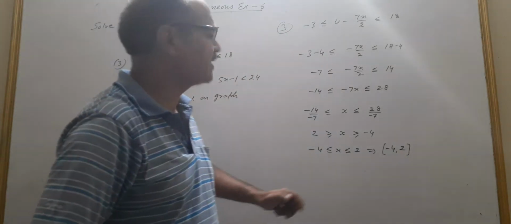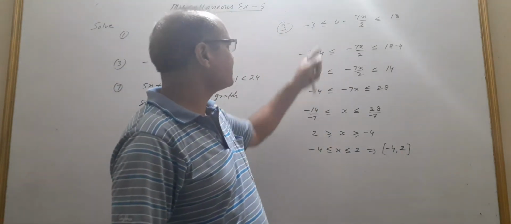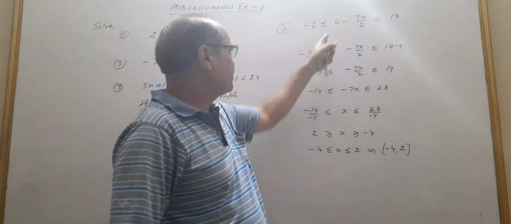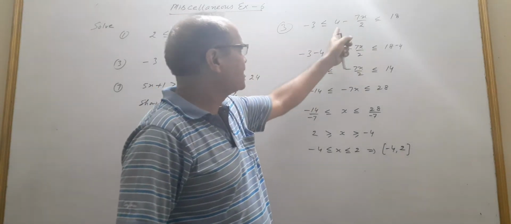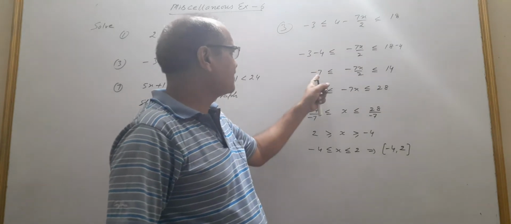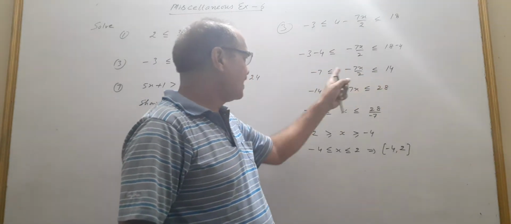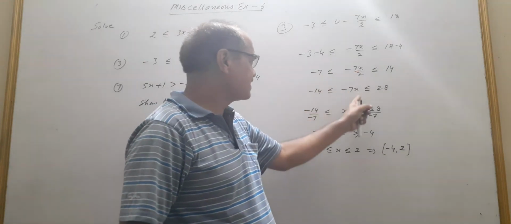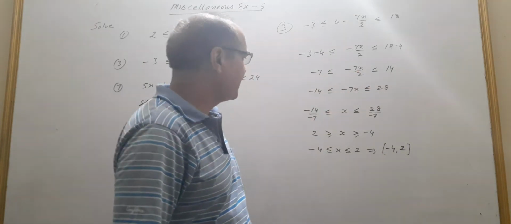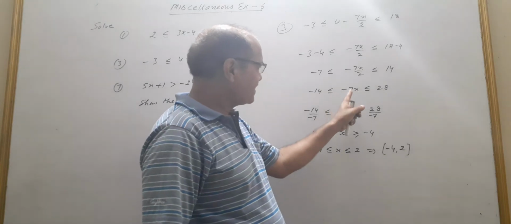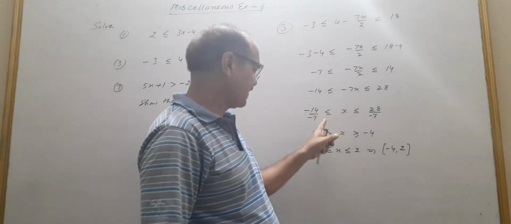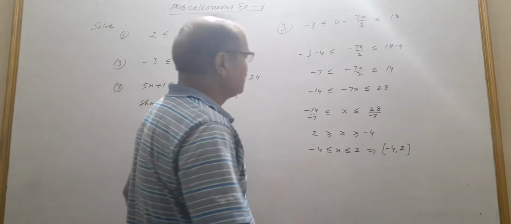See, once again I am telling you question number 3. First of all, to make it free from 4, तो मैंने minus 4 कर दिया. minus 4 करने के बाद minus 7 हो गया, लेस देन इक्वल टू दिस. अब इसको x लाना है तो पहले 2 से मल्टीप्लाई करूंगा, -14 is less than or equal to -7x is less than or equal to 28. अब इसको फ्री करना है -7 से, तो डिवाइडिंग बाय -7. When we divide or multiply the inequality by minus, the sign of inequality will change its position.